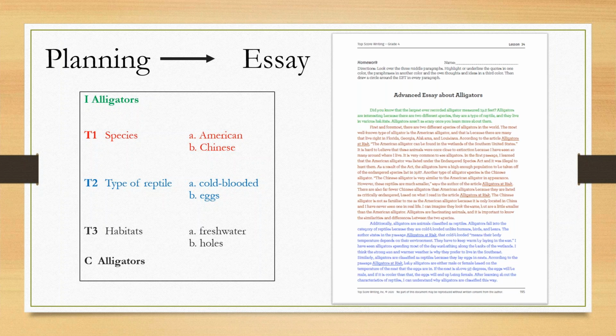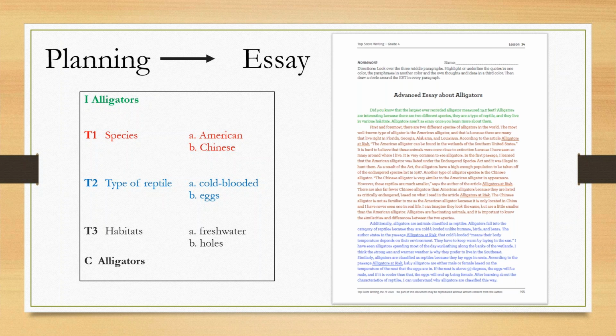The T1 paragraph should all be about species of alligators, according to our planning sheet. And you can see in the example essay how we have developed that entire T1 paragraph. All of that red information in the example essay is about different species of alligators. Now, in later lessons, you can dive deeper into subtopics and show students how that paragraph has sentences about American alligators and sentences about Chinese alligators. But right now, we're just trying to help our students understand the connection between the planning sheet and a completed